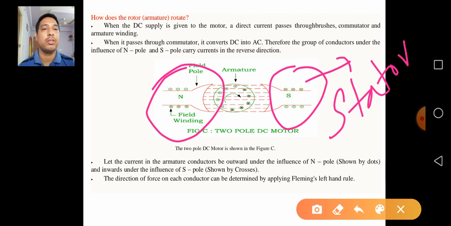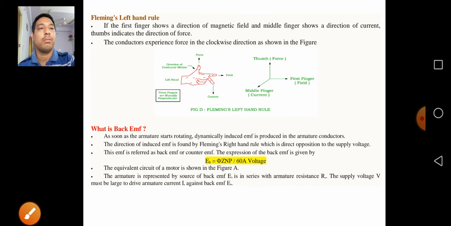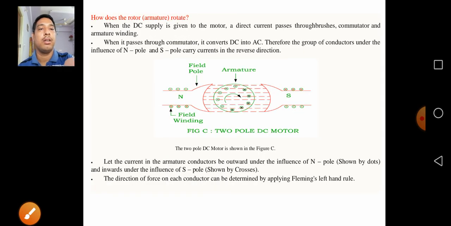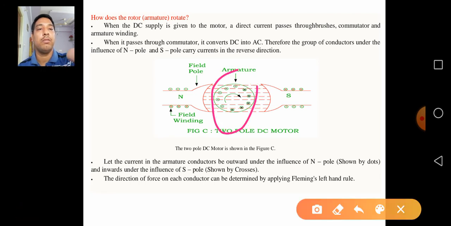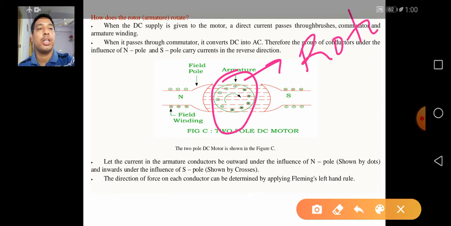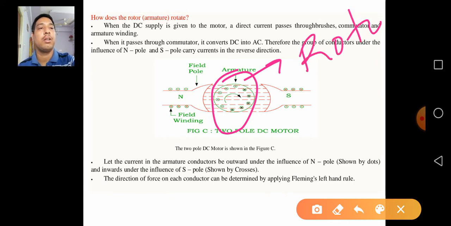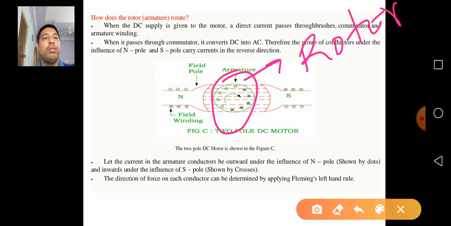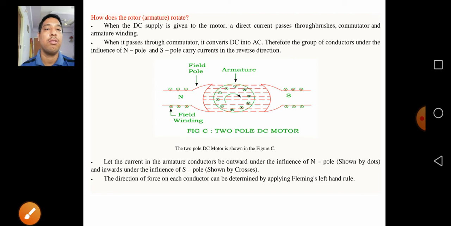so that is called the stator part, the steady state part. And here one more part which I have shown is the armature part, that is the rotor part which I have shown here. So this is the armature, which is called the rotor part, the rotational part we are going to represent. So these are the stator and rotor parts, the same as in the case of a motor also.